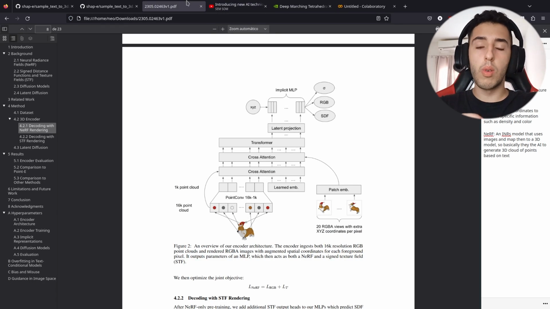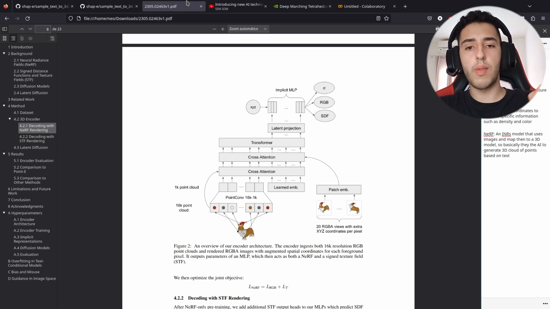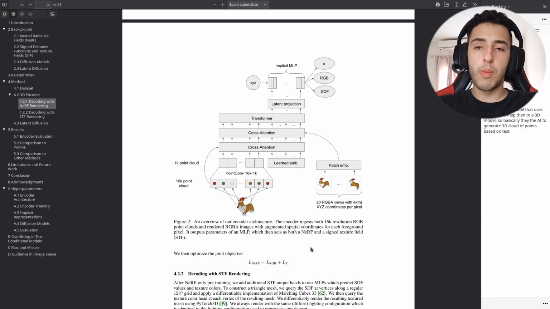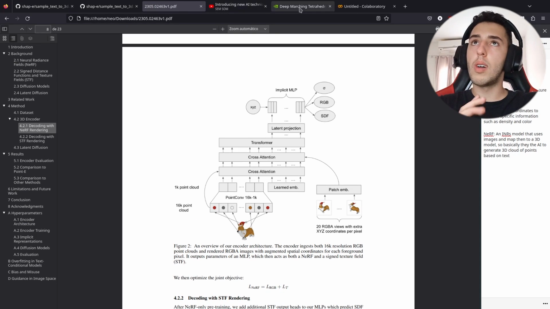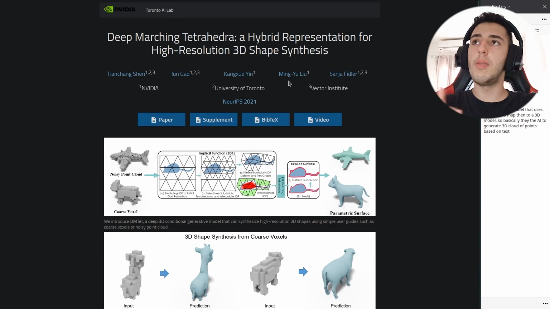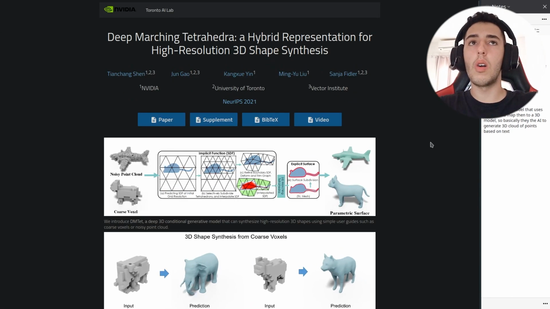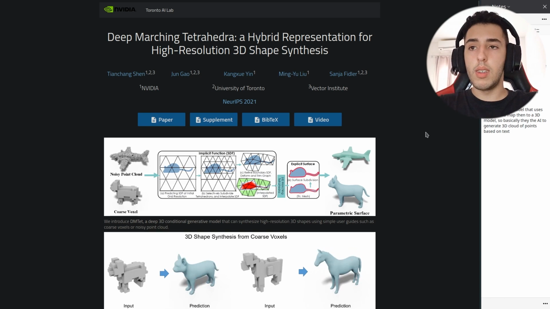Basically, what they did was train this model with these point clouds and text representations of them. After generating this cloud of points, they pass it to another model called Deep Marching Tetrahedra, or DMTet for short.